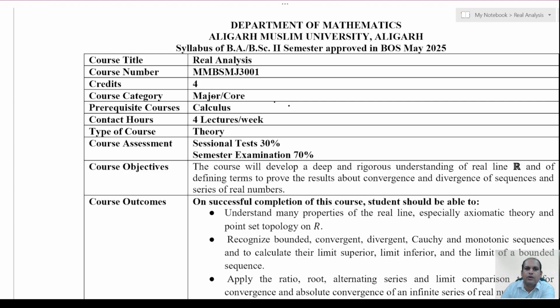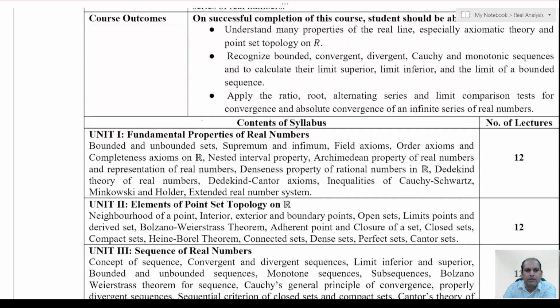This one is the syllabus of real analysis for BSc third semester. So, before doing the next theorem, that is Archimedean property of real numbers, look at this course as per your syllabus. The next topic is, see, from unit 1 we have already covered bounded and unbounded sets, supremum and infimum, these properties. Now we will do first Archimedean property of real numbers